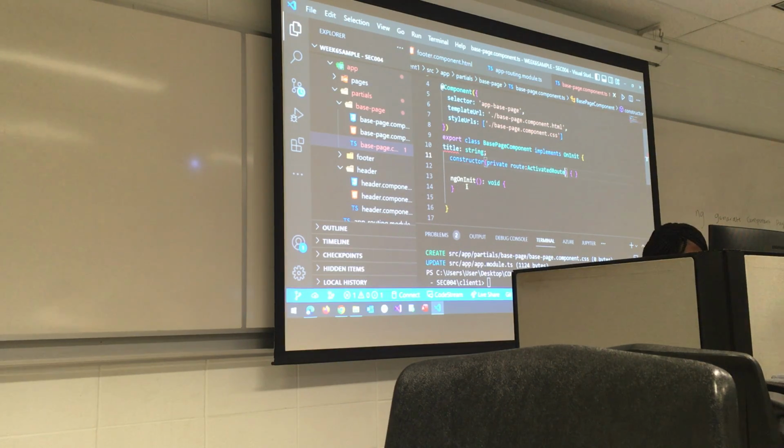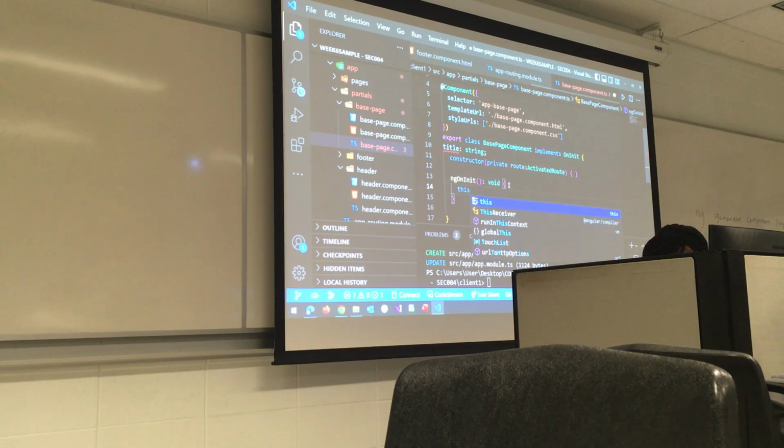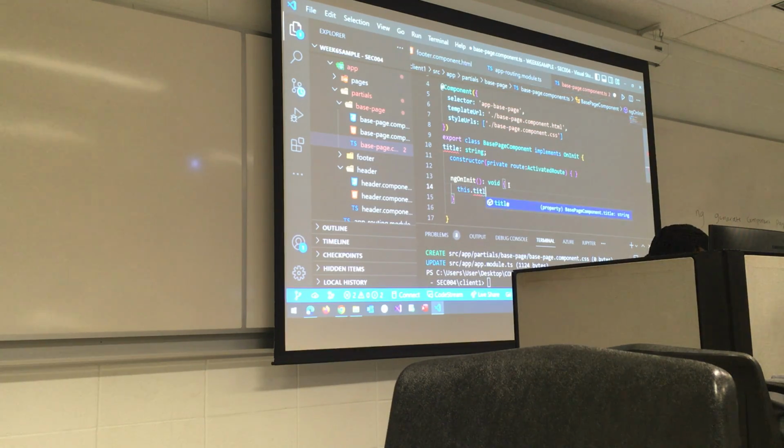After the ngOnInit void, we'll use a constructor. We'll say this.title equals this.route.snapshot.data.title.